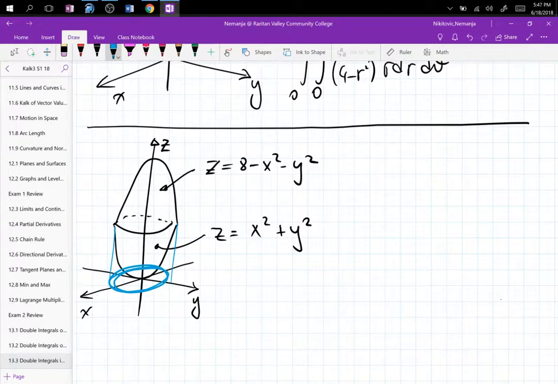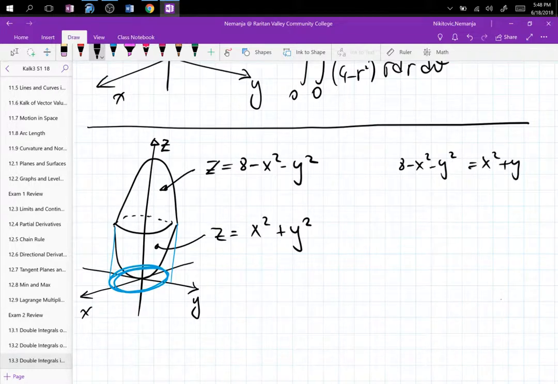In order to find the line for the domain, so that you can have your limits, you set the two equations equal to each other, and whatever comes out of there, those are your limits. So now we have that 8 minus x squared minus y squared is equal to x